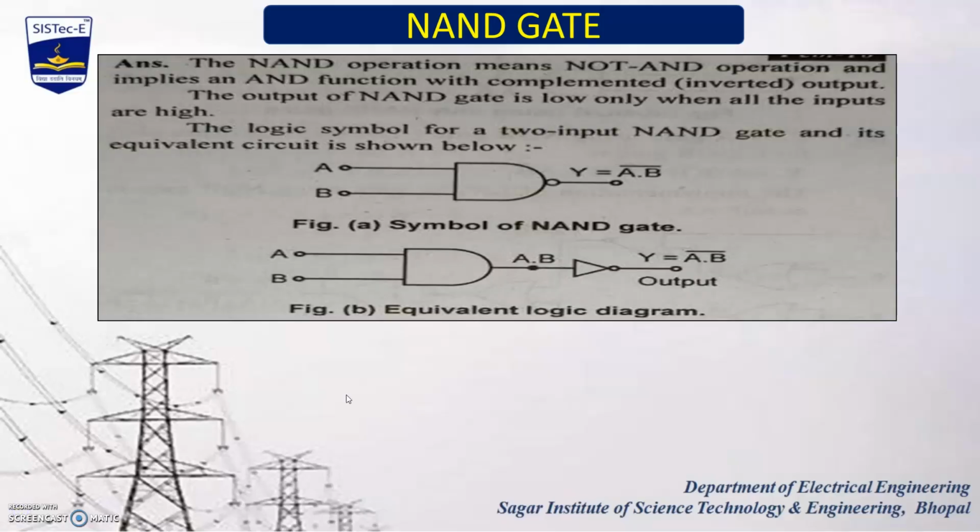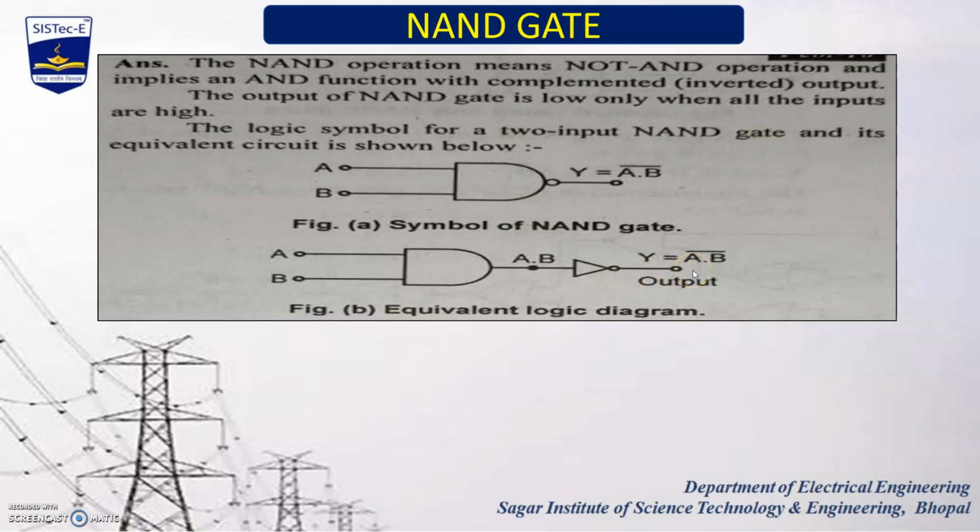The first type of universal gate is called NAND gate. NAND gate means a combination of NOT gate and AND gate. It implies the function of a complemented or inverted gate output. We apply two inputs A and B to the AND gate first, and the output of the AND gate is applied as an input of the NOT gate, meaning the inverted gate, and finally the output of the NOT gate is called the output